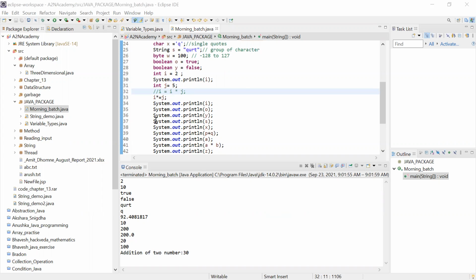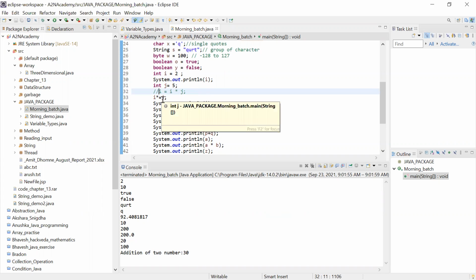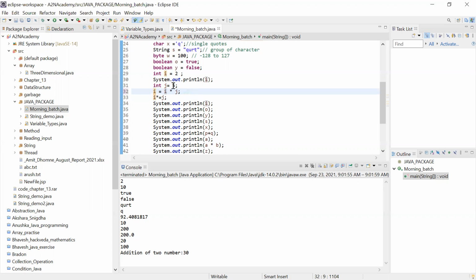Here, the thing was, I have not commented this part. So what it was doing earlier, it was initializing i value to 6. And then when we are doing this, it was giving 18. 6 into 3, 18 it was giving. But when I commented this, now it is printing correct. If I remove this, what will it do? 2 into 5, 10. It will initialize i value as now 10, right? And then it was multiplying 5 into 10 and it was giving 50.